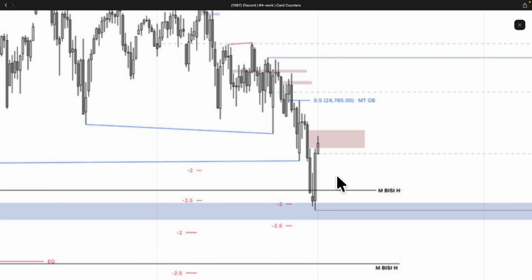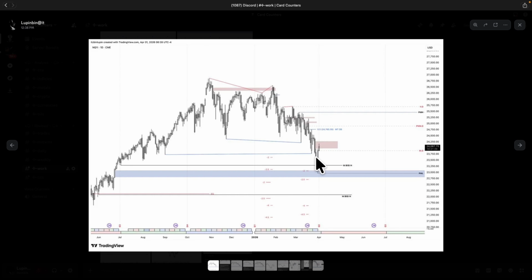And something that I'd also taken notice of was the fact that we ended up inversing this SIBI that resided right here. Now, I didn't like the inversion of this SIBI at all, but I was giving it the benefit of the doubt. Reason being is because we had simply just rolled into a new quarter, and we had